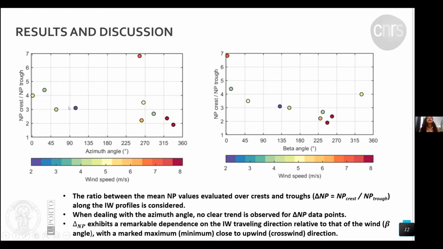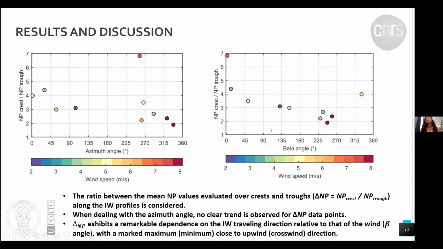Here, analyzing the first case, we cannot see any clear dependence of the delta NEP on the azimuth angle. This can be because our data set is limited to only 10 images. Maybe if we could have access to a larger data set, we could start to see some dependence, as pointed out by previous authors. However, here in the second case, we can see a very clear dependence of the